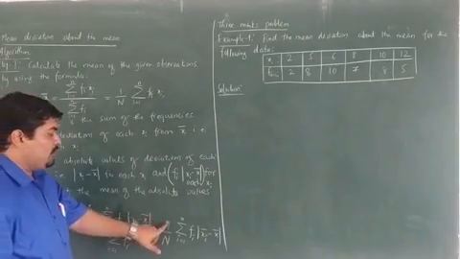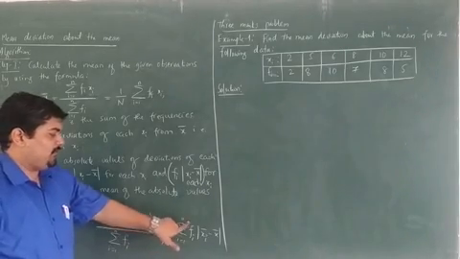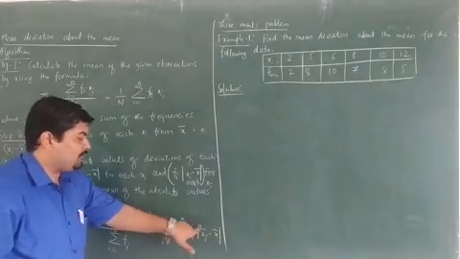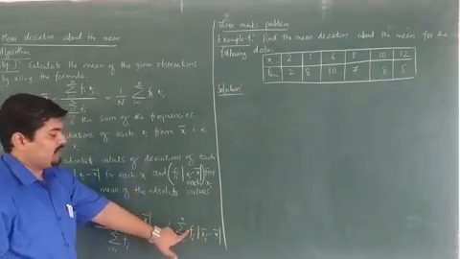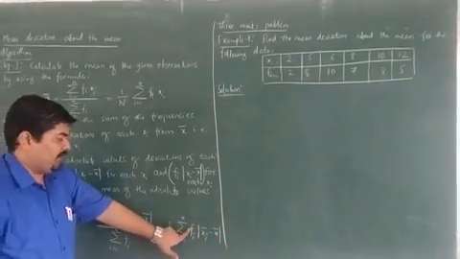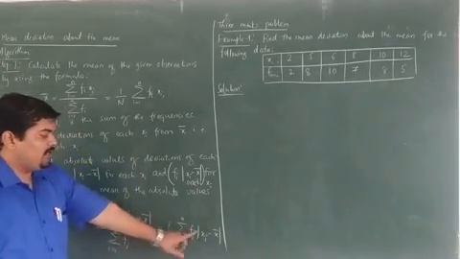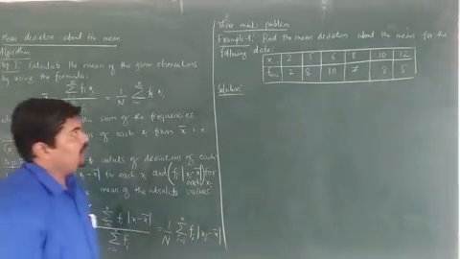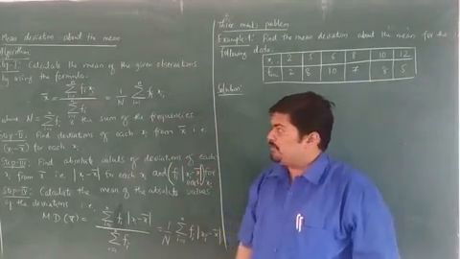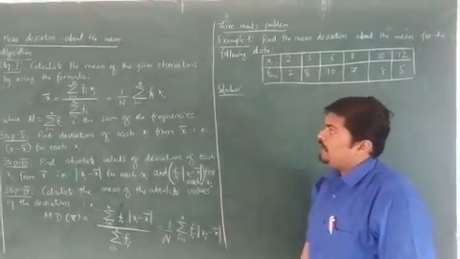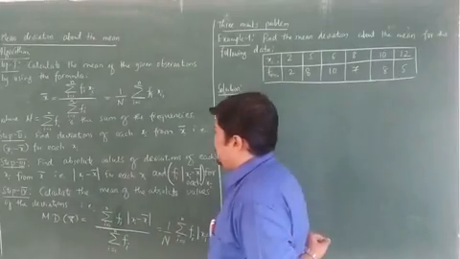That is equal to 1 divided by the sum of the frequencies, into the summation of the product of the absolute values of the deviations of each observation from the mean with the corresponding frequency of each data point, which should be xi. Sorry for that. Make the proper correction. I hope you are following the steps to find the mean deviation about the mean for the given discrete frequency distribution.